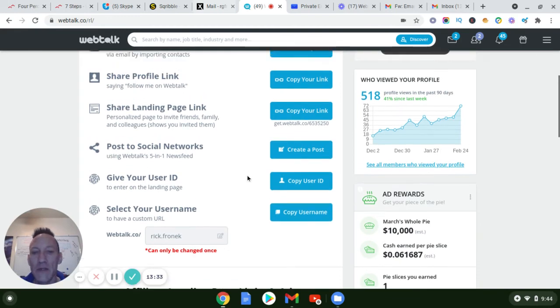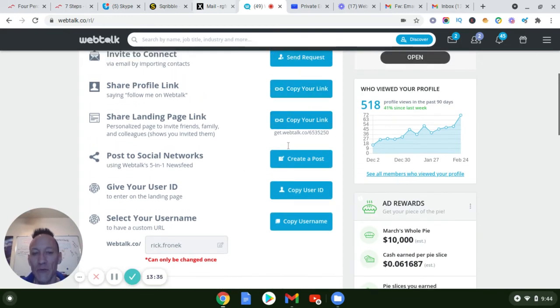And so why this is important, to use your referral links and all that, is because when you send it to somebody and they're not interested at the moment of joining Webtalk, but they check it out, when they click on any type of your link or your user ID and it actually pulls open that page, it's going to cookie them to you. So say if you shared it with somebody and they didn't create an account right away, or they're like, yeah, I'll get back to it later, and like 2 or 3 days later,